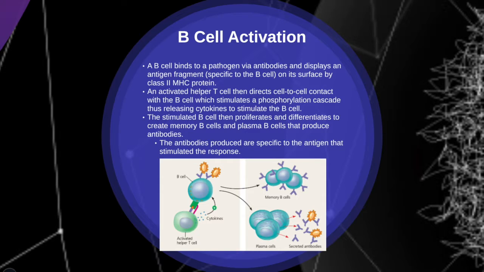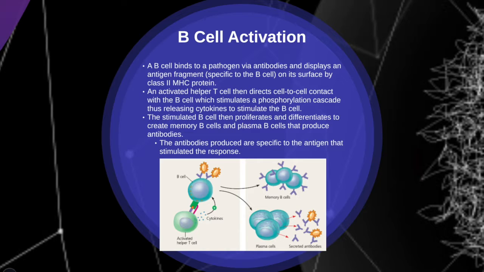Now, an activated helper T cell is going to come in and it's going to direct a cell-to-cell contact with the B cell. This is going to stimulate a phosphorylation cascade within the helper T cell, and cytokines will be released from the helper T cell to the B cell. Cytokines will bind to the receptors on the B cell, and this is going to create a phosphorylation cascade within